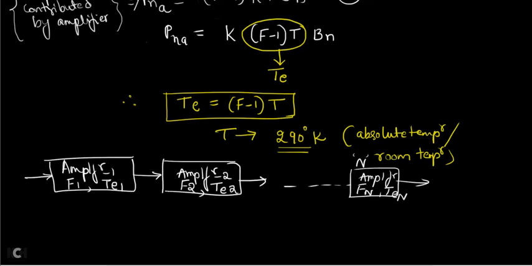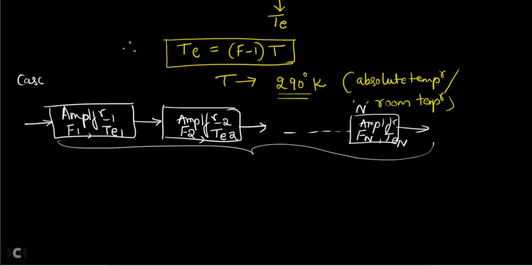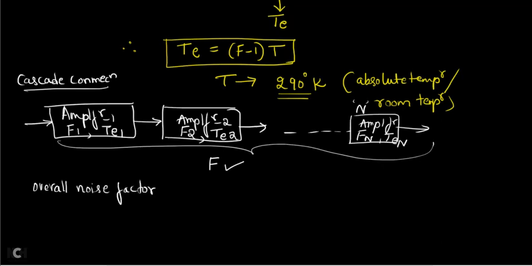Now what is the total noise factor of the entire cascade connection? This is your cascade connection of all the amplifiers. For all these amplifiers, what is the total overall noise factor, capital F? We derived this already in the previous video lecture. Overall noise figure is in dB, noise factor means without dB. So the overall noise factor F is given by, as derived in the previous derivation,